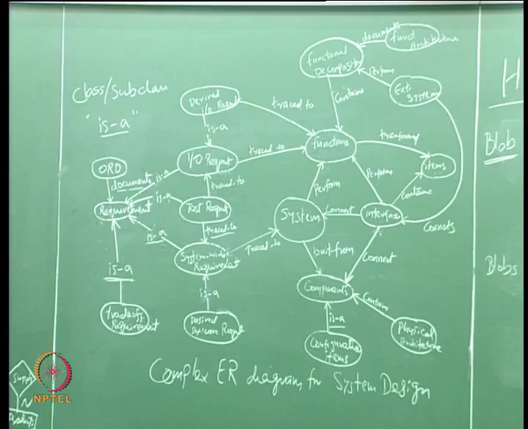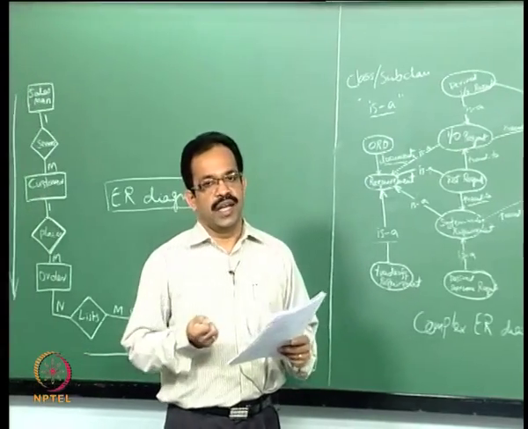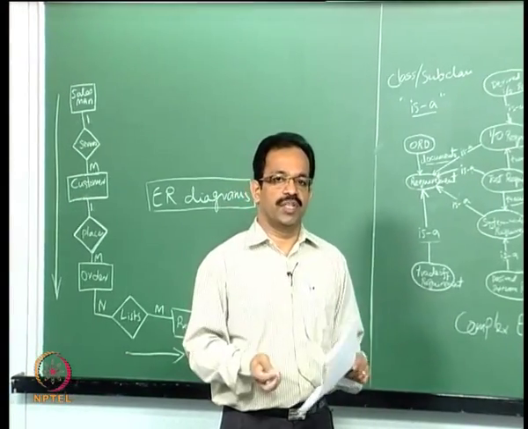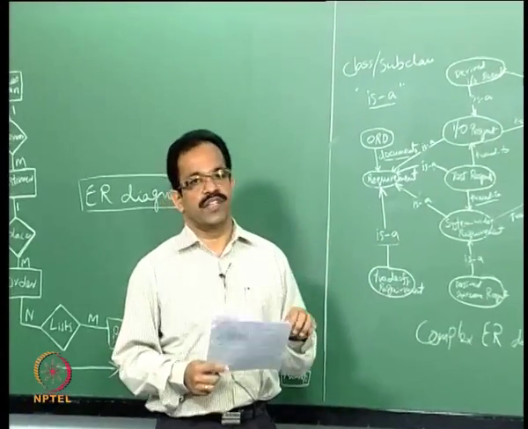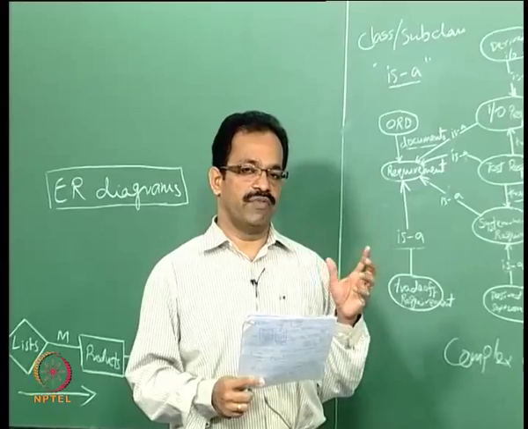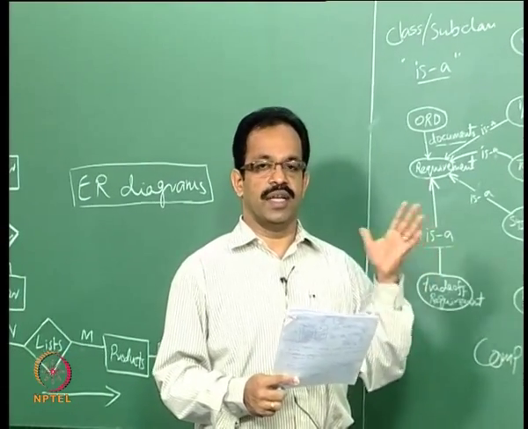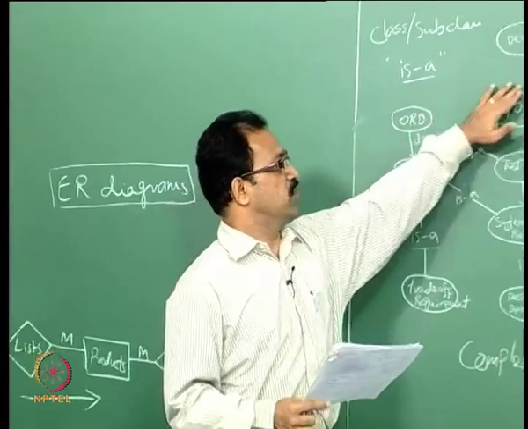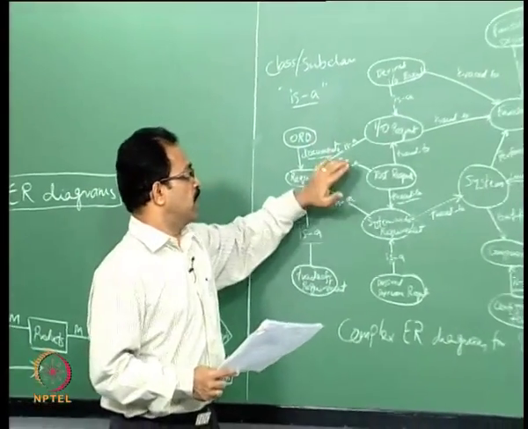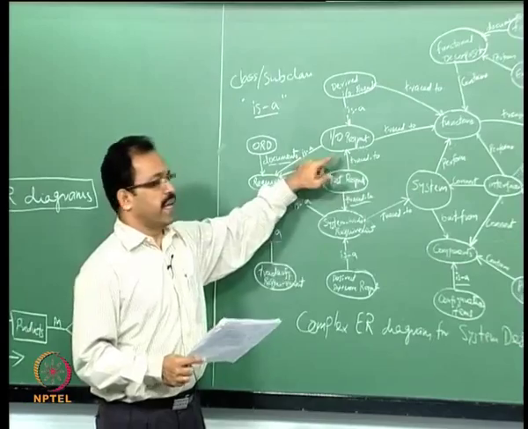As we can see here, as you know, the system design is a complex process. There are many entities involved in the system design, and therefore we need to represent them using the relationships. So, what we are trying to do is to identify all the entities and then try to see what kind of relationships are existing between these entities. And as I mentioned, there are different kinds of relationship between the entities. So, we try to identify the relationship as well as the class or subclass relationship, and the subclass relationship is represented using an ISA relationship, and all other relationships are marked using directed arrows.